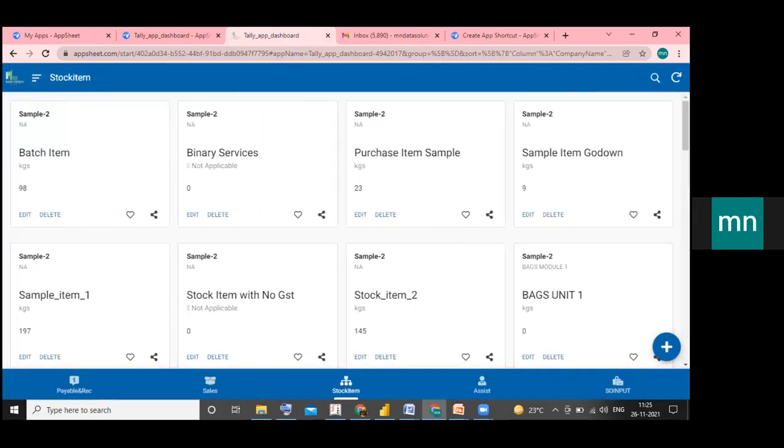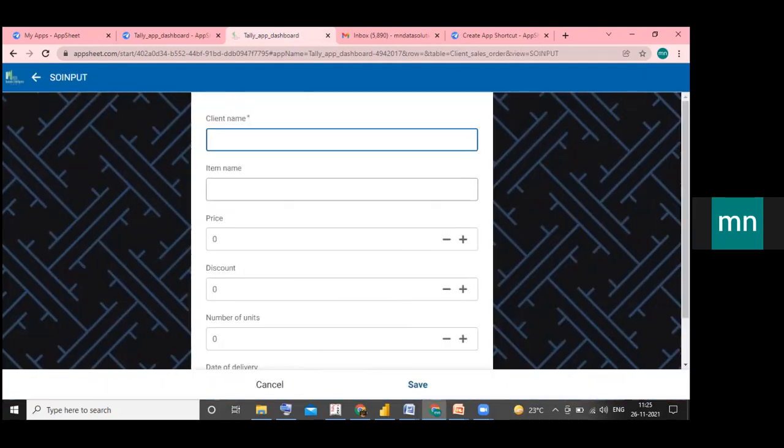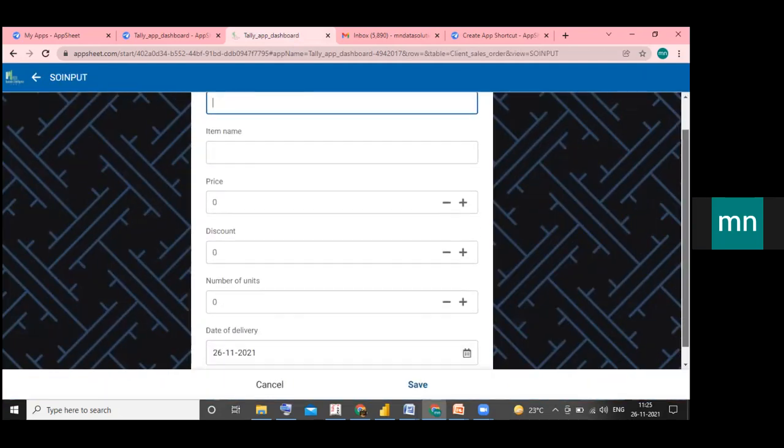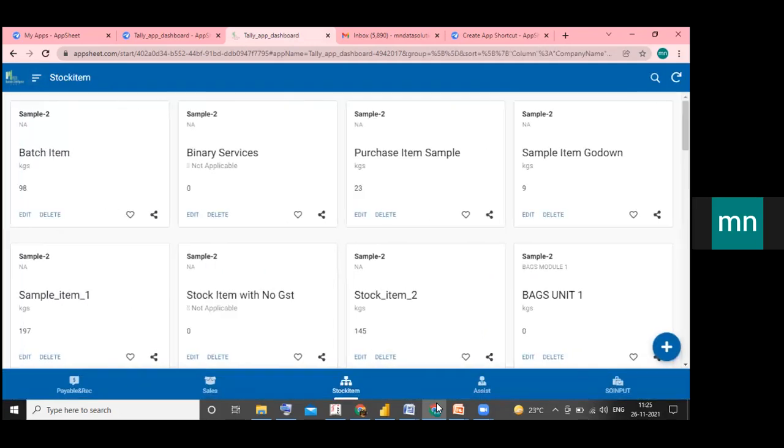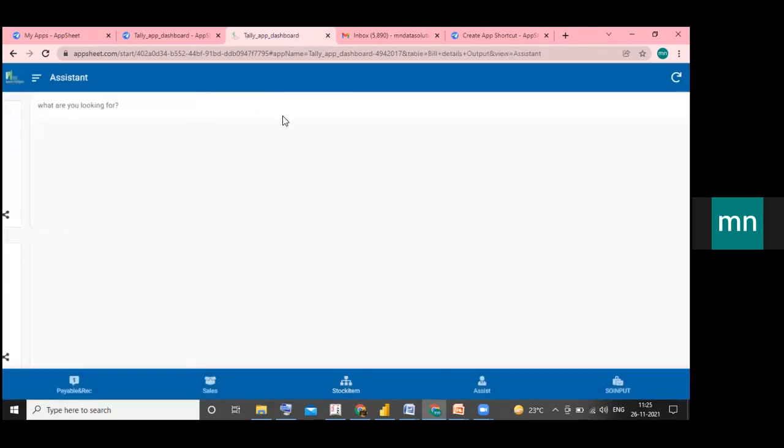And in this we have sales order inputs. So if you want to give any order, these are all my functionalities. Here you can use the assistant option also. Sales.